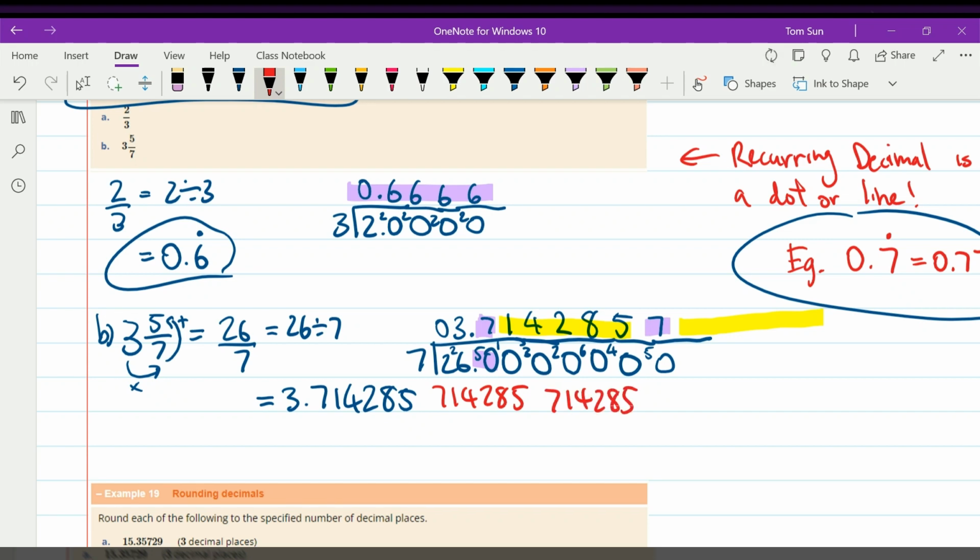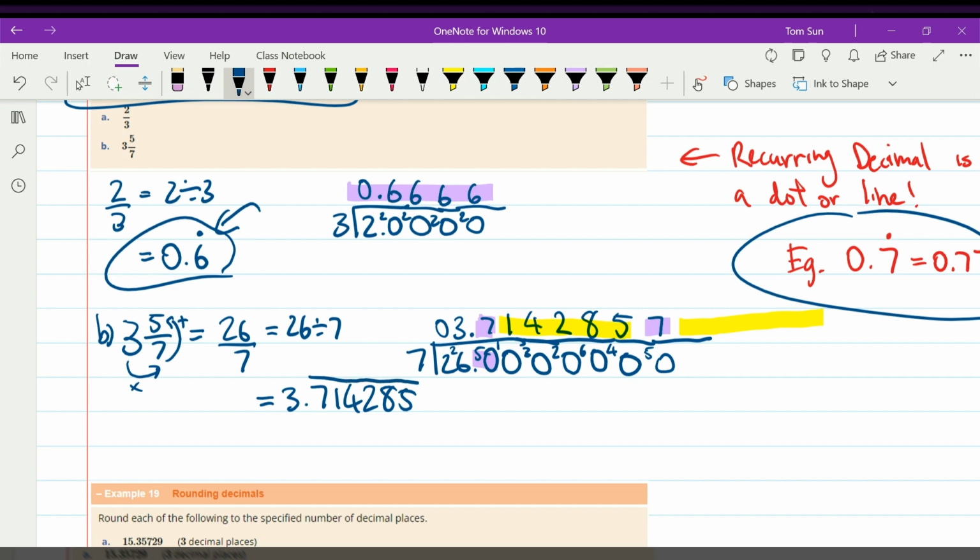That's the pattern. That's what's recurring over and over again. It just took this many iterations before we found this pattern. Now, instead of writing this to the very end, how you can write that this is recurring, instead of drawing the dot at the top of the number, which we did for the 0.6, because there was only one number that was recurring, if multiple numbers are recurring in the same sequence and the same pattern, you draw a line